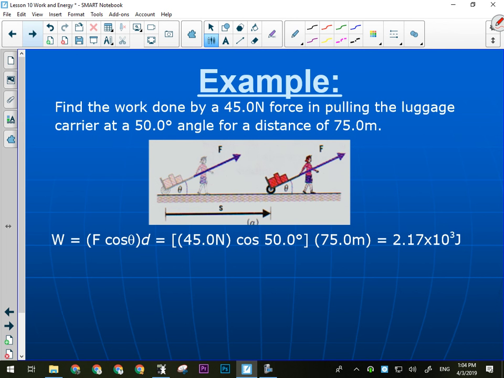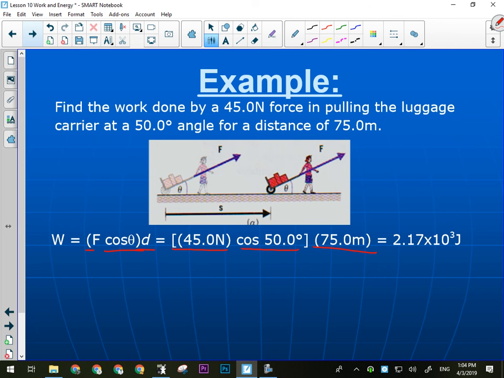So here's our example. I have a 45 newton force in that handle. The handle is angled 50 degrees, and I'm pulling the cart 75 meters. So I just plug my numbers in. F was 45 newtons, theta was 50 degrees, and the distance is 75 meters. When I plug that in, I find that it takes 2.17 times 10 to the 3 joules worth